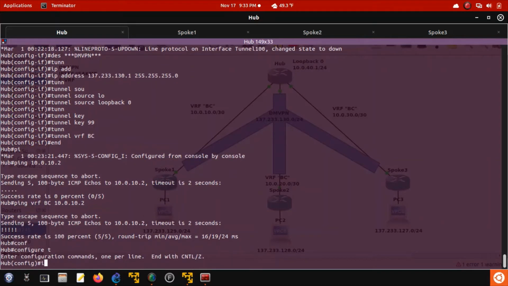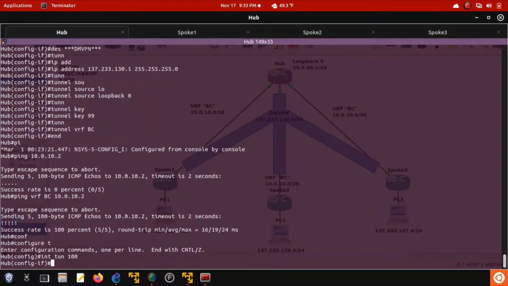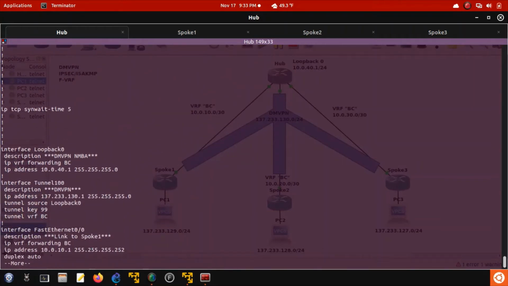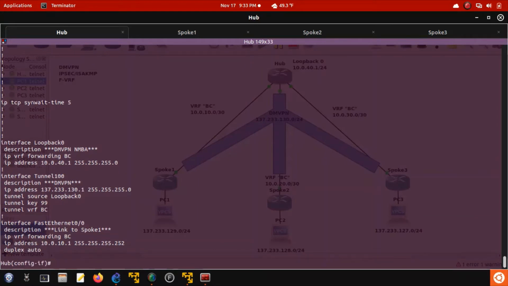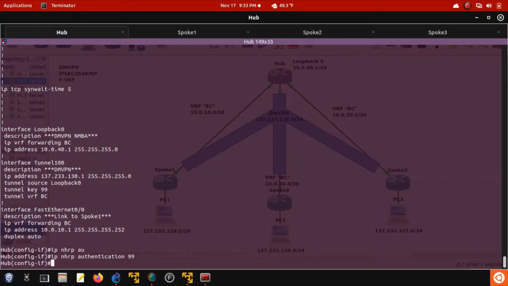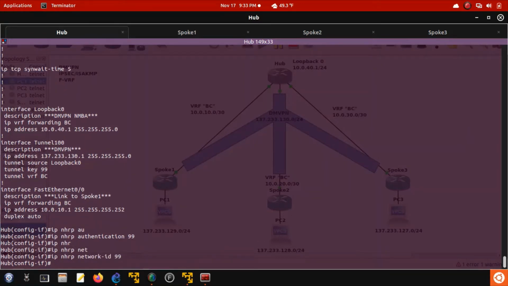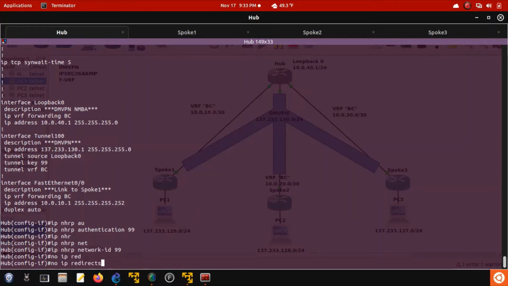Okay, so let's go back to our tunnel. Actually, let's see what I have so far. I have the tunnel configurations, tunnel key, tunnel VRF, tunnel source. Now we need to set up our NHRP, IP nhrp authentication 99, IP nhrp network ID. We'll just use 99 again. No IP redirects,